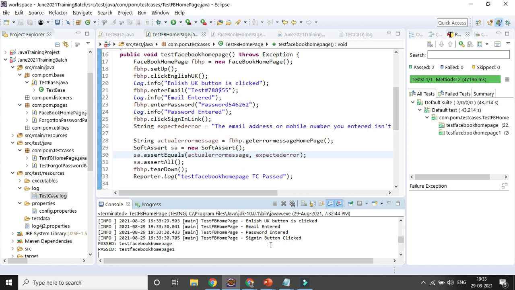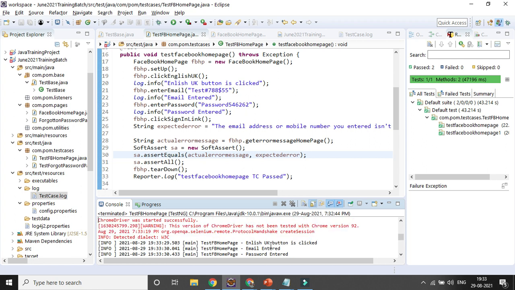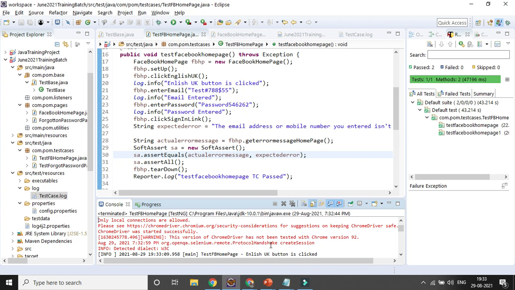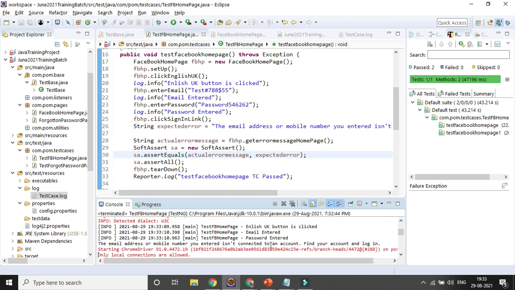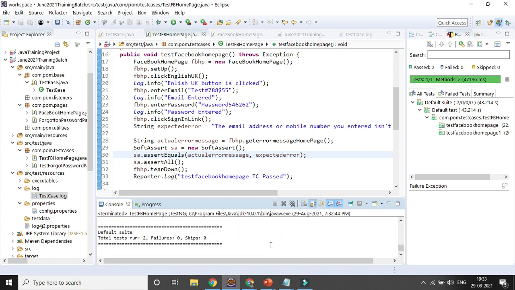With the help of log4j it is coming, but the Reporter.log is not coming here, right? So that is another part. You cannot verify from here, but you can definitely verify it elsewhere.